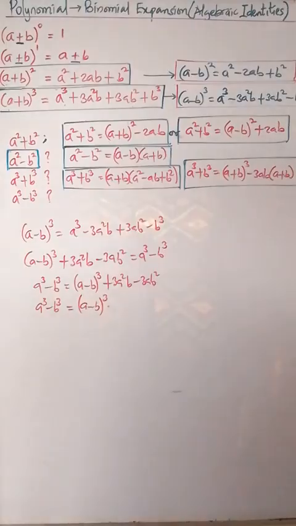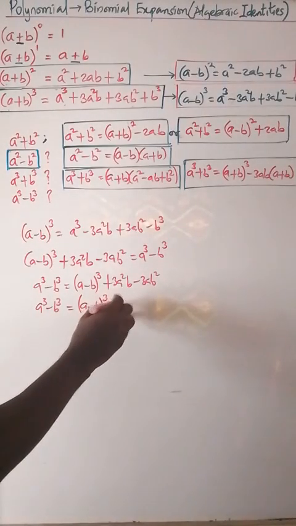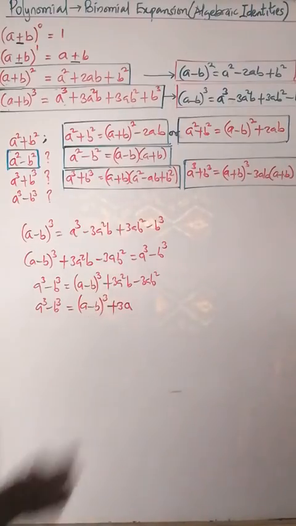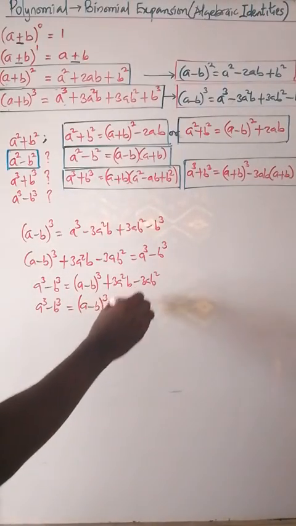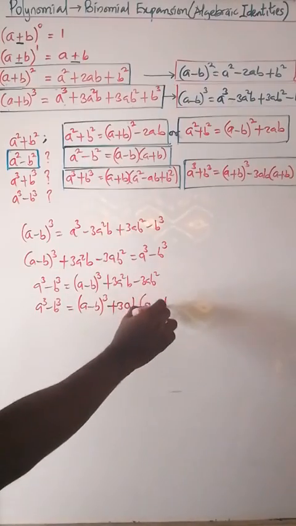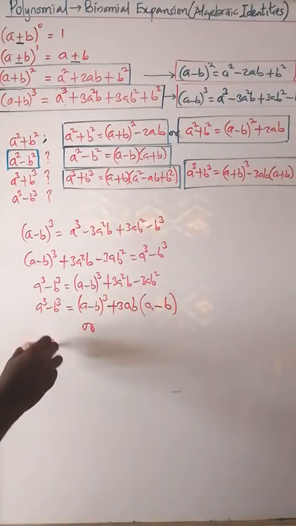Then, notice 3 is common. In A squared B and AB squared, A is the HCF and B is the HCF. What we have left here is A, this minus remains, and what's left here is B. So we can either stop here, or we go further by saying A cube minus B cube